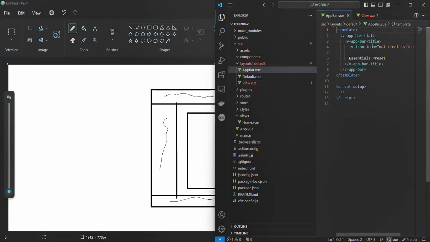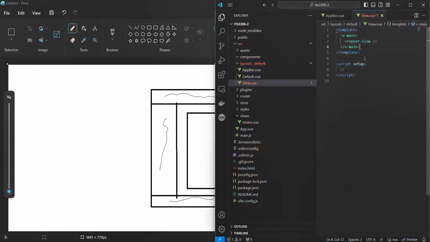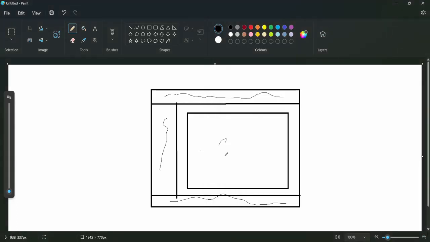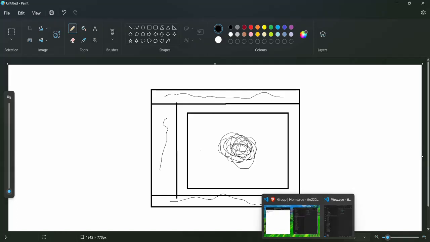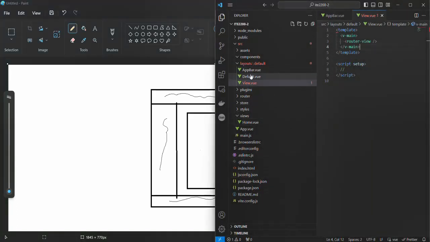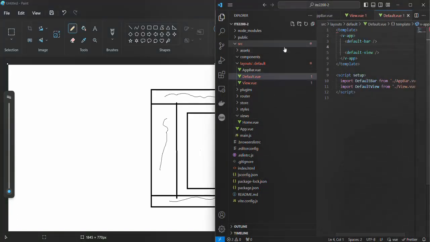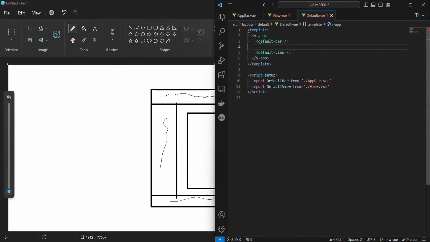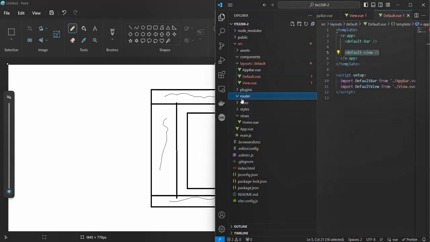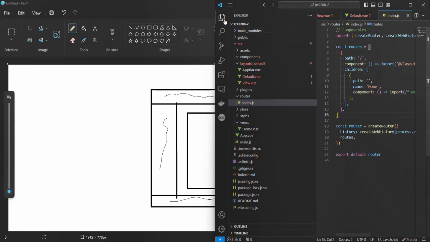So app bar sets up the app bar, and view sets up this central area here so that it would keep changing as the route in your URL changes. We'll talk about that later on. And default sets up the default layout for all of them. All right, so it's going to show the app bar, and then below the app bar is going to show your page. Now, if we come to the router, and we'll talk about what the router is later on,